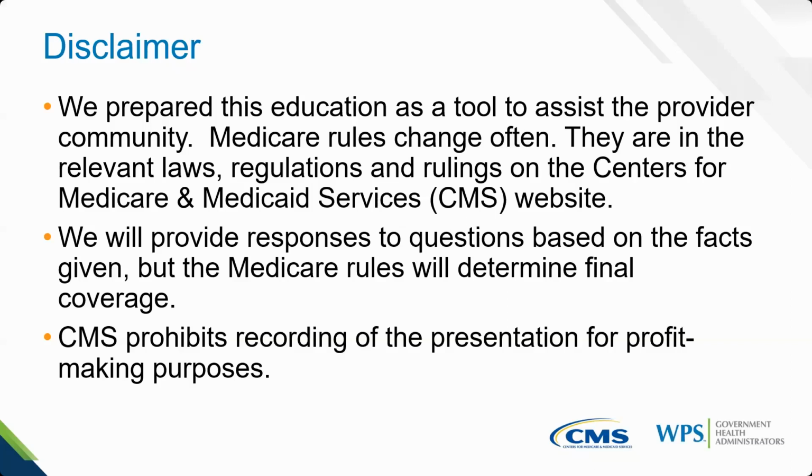The other thing that I want to mention before we dive in is that home services, as you're aware, are not as common as office services or inpatient services, etc. So in looking at the documentation that we had available to us, we really only had one request for an appeal that had been submitted with documentation. So we reached out to some early registration